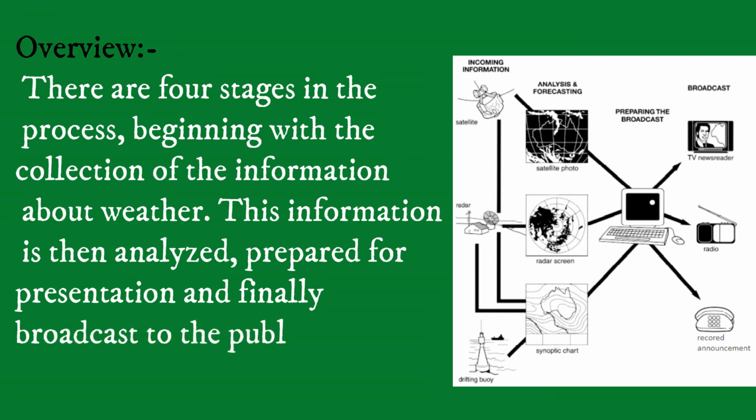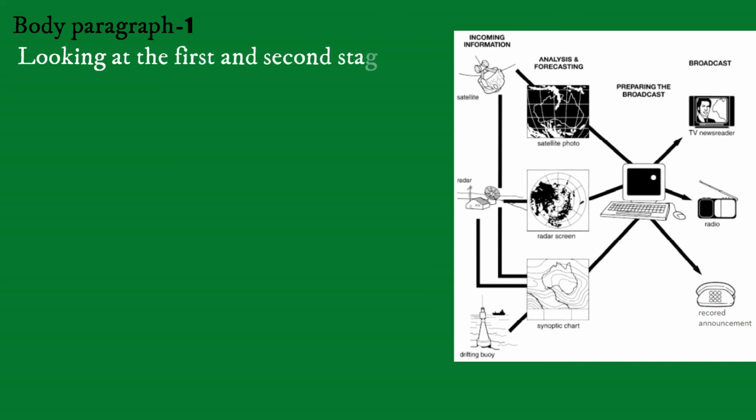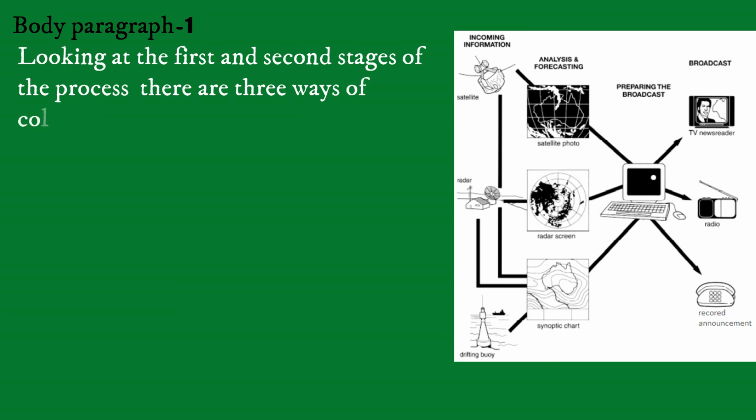All right. The next step is body paragraph 1, in which we should mention the main point 1. There are 4 processes. We will divide 2 processes for each body paragraph, which means 2 processes we will mention in body paragraph 1, and the last 2 processes we will mention in body paragraph 2.